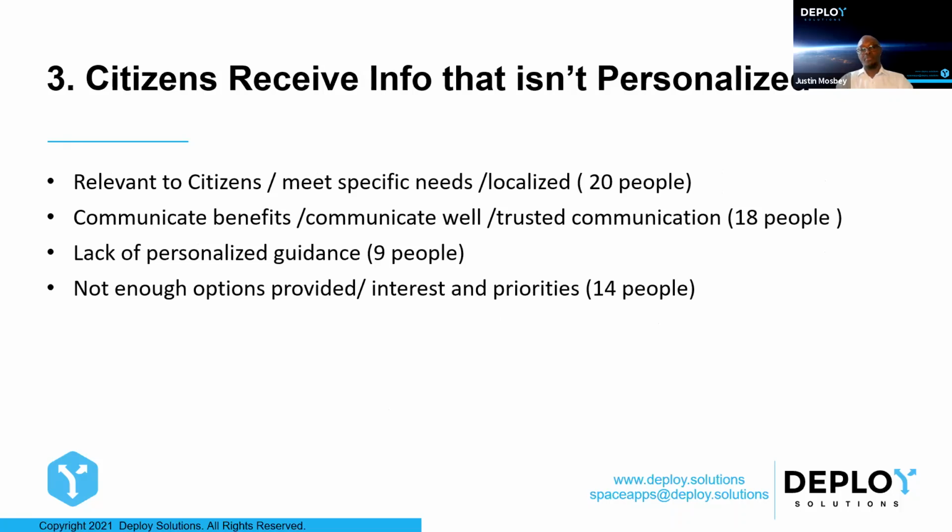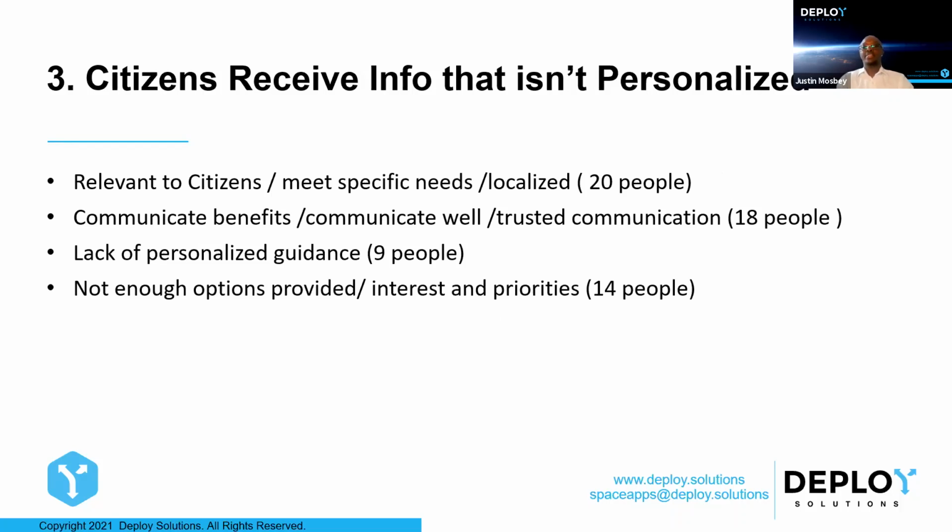The third problem, according to the respondents, was that citizens receive information that isn't personalized. They said information was not relevant to citizens or did not meet specific needs. They also felt that it was not localized. They said information on climate change impacts did not communicate the benefits to them, and it was not communicated well,